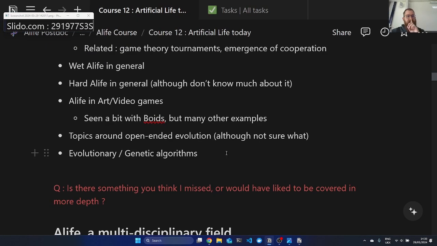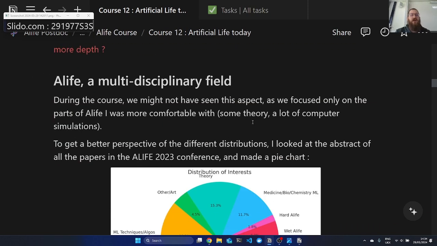And so the question is, do you think there is some subject I missed, or some subject that you know about that I didn't mention? I would be interested to know if you know some ALife model or some part of ALife that I haven't mentioned. This is really a shot in the dark. If you think about something, write it, but otherwise, you can also tell me, you don't have to write it on the slide. Okay, so this is for the recap.